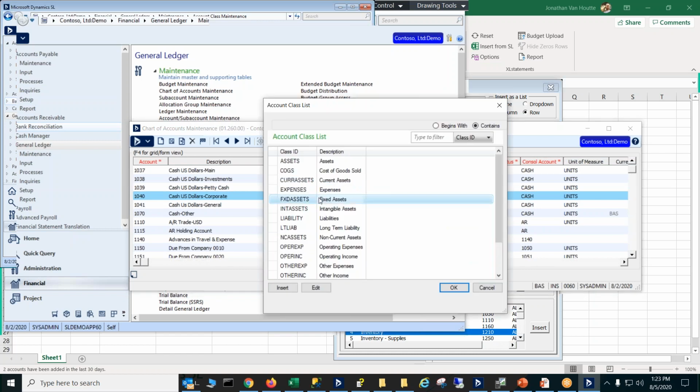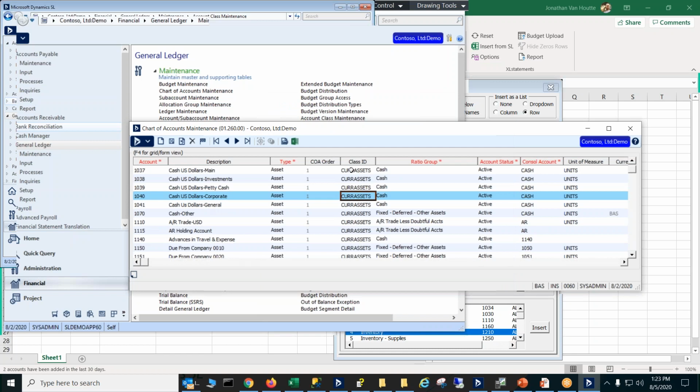So I hit the F3 key. And so these are the classes that were set up. And then you assign each account to the correct class ID. And like I said, if you're consolidating across companies, I like this better than coming up with that dummy chart of accounts for your parent,